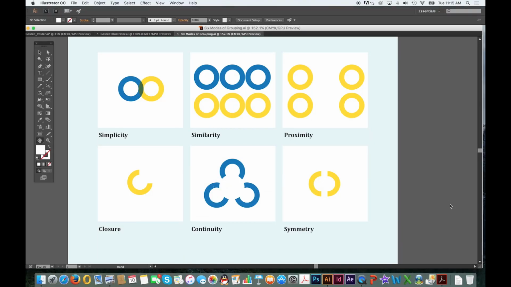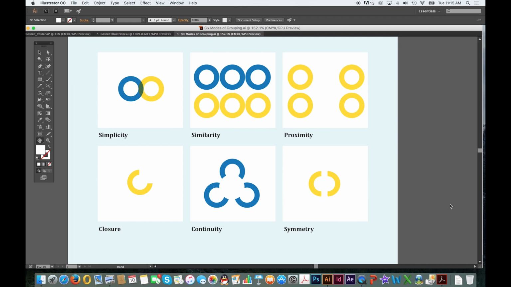In further talking about Gestalt theory, I'd like to look at grouping and the 6 modes of grouping. So in human perception, grouping serves to both combine and separate. As a process of combining, grouping transforms multiple elements into larger entities based on size, shape, color, proximity, and